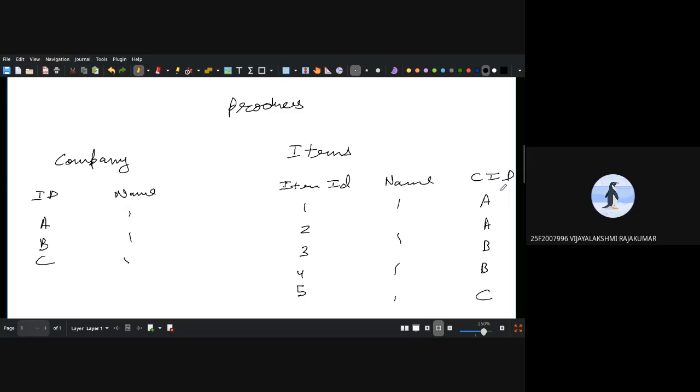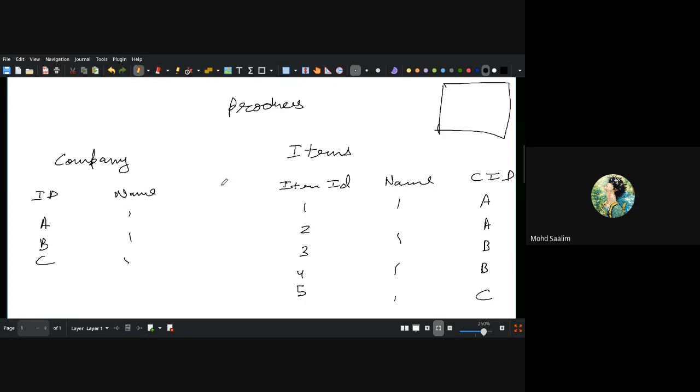So if we would have a many to many relationship, then it would not be a good idea to do that, because we would have to do something like this, A comma B, right? Because multiple companies can be associated with the same item. And this is a very bad idea. That's why we even use a separate table for multi-valued attributes. So we don't want to create multi-valued attributes at all.